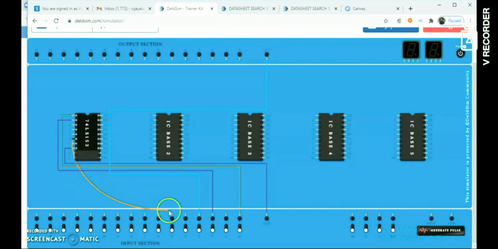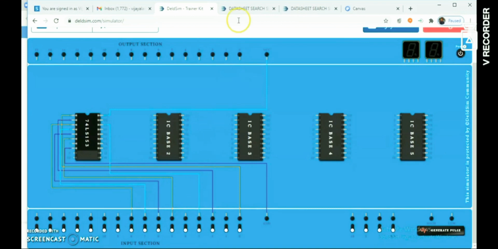Likewise we need to make all the connections. Pin number 6 goes to D0, pin number 5 is D1, pin number 4 is D2, and last, pin number 3 is D3.